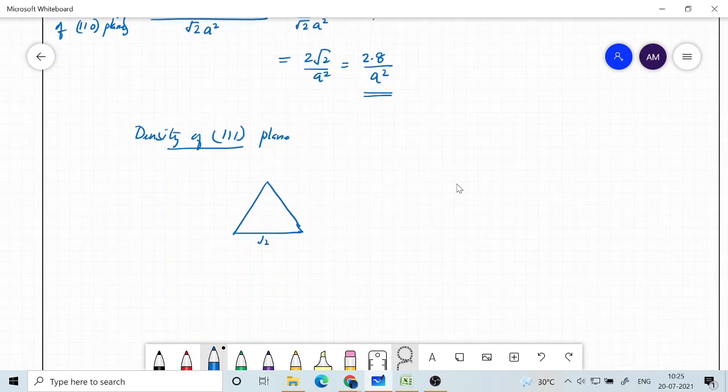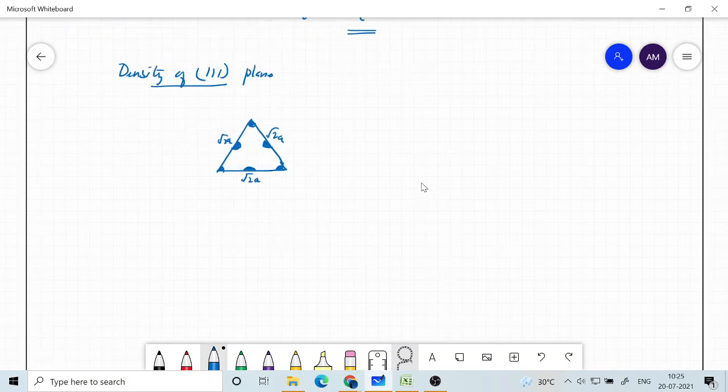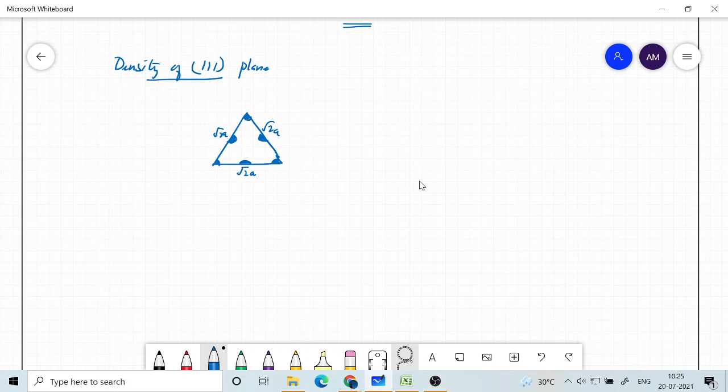And the same thing goes with all the diagonals, and since they are diagonals, at the center there is an atom. So this is root 2a, root 2a, root 2a, and then at the corner there is one atom, here also there is, and then there is one atom which is shaded like this. So this is basically half, whereas this one is basically 1/6. Okay, it is only 1/6. So the density is basically